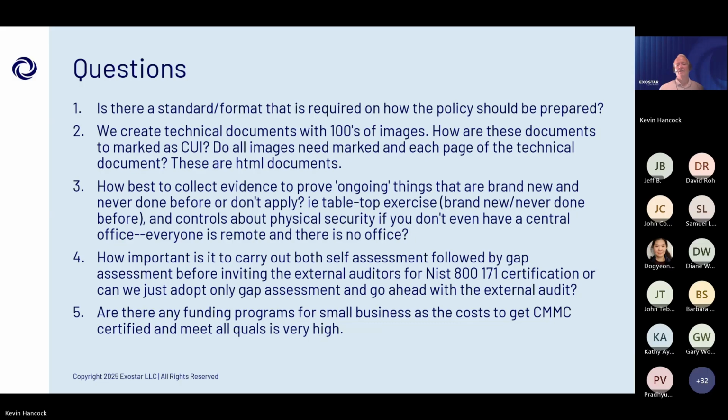So number three, how best to collect evidence to prove ongoing things that are brand new and never done before or don't apply? For example, tabletop exercises. We've never done these before. And other controls about physical security if we don't necessarily have an office. Everyone is remote, there is no office. So